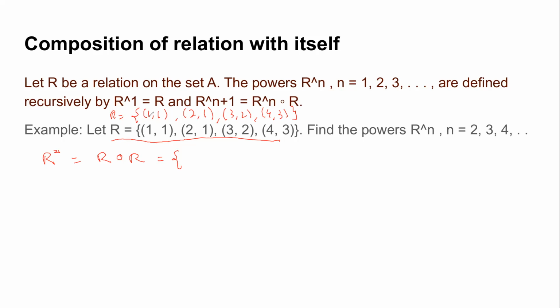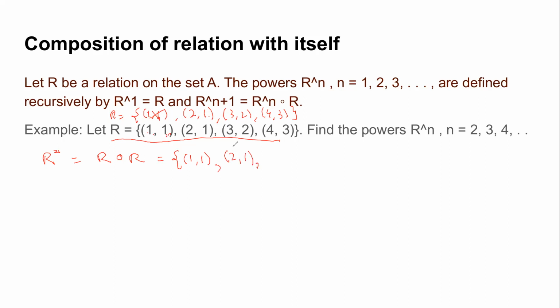Take it like this, 1, 1. So the endpoints are 1, comma 1, right? Then 1, 1, you cannot take a transitive pair because it starts with 2. There are no pairs here which start with 1, so all the possible combinations are taken. Similarly, if I take 2, 1 and 1, 1, then 2, 1 is a transitive pair.